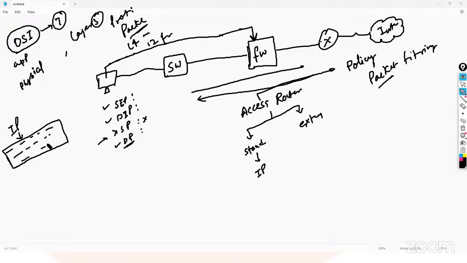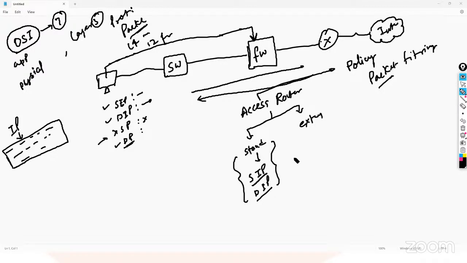So in the IP header, what do we have? The source IP address and the destination IP address. In a standard access list, we define the source IP address and the destination IP address,